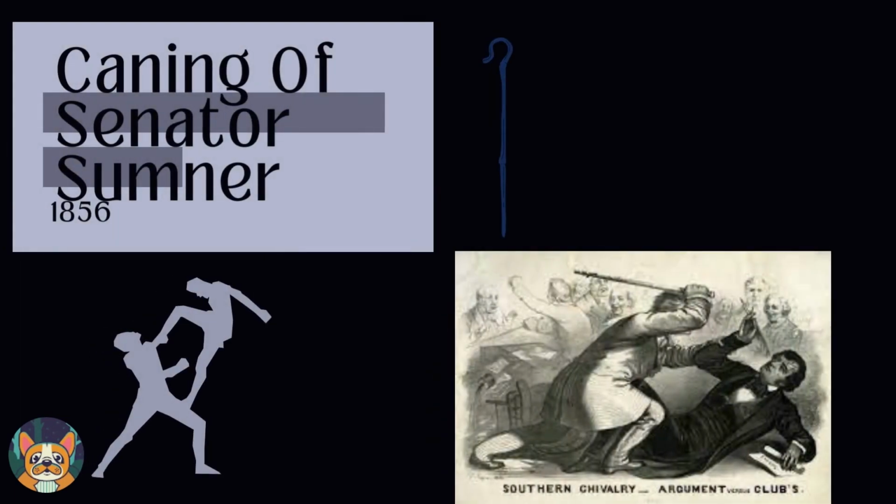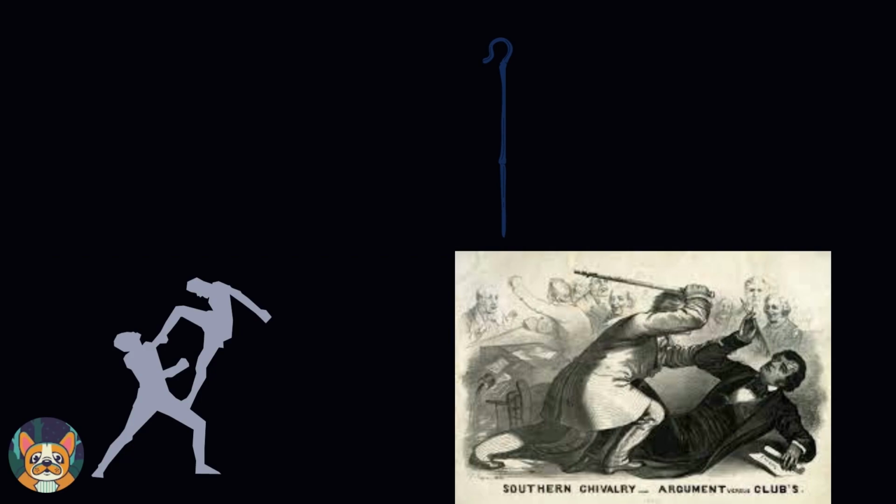In the year 1856, Senator Charles Sumner verbally attacked the Democratic Party about their ideologies and included a personal attack on South Carolina Senator Andrew Butler. This angered Butler's nephew, so a week later, he assaulted and beat up Sumner with a cane to a point where he never fully recovered. And while the northern states were quite angered by this, the Southerners supported his actions and added more fuel to